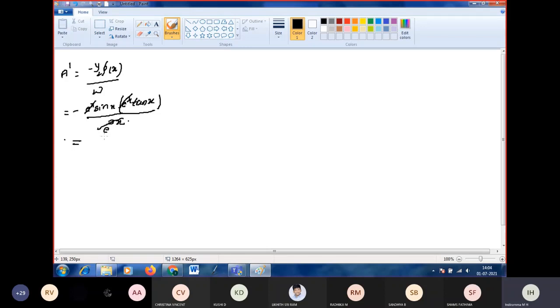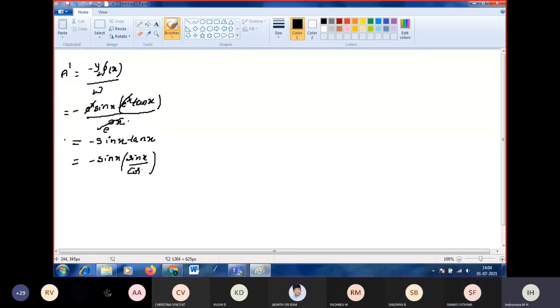Okay. Now we have to simplify the terms to get the standard integral form. So we got sin x into tan x. Do you have a standard integral for this? No? So for that we need to simplify. How to simplify? So tan x can be written as sin x by cos x.